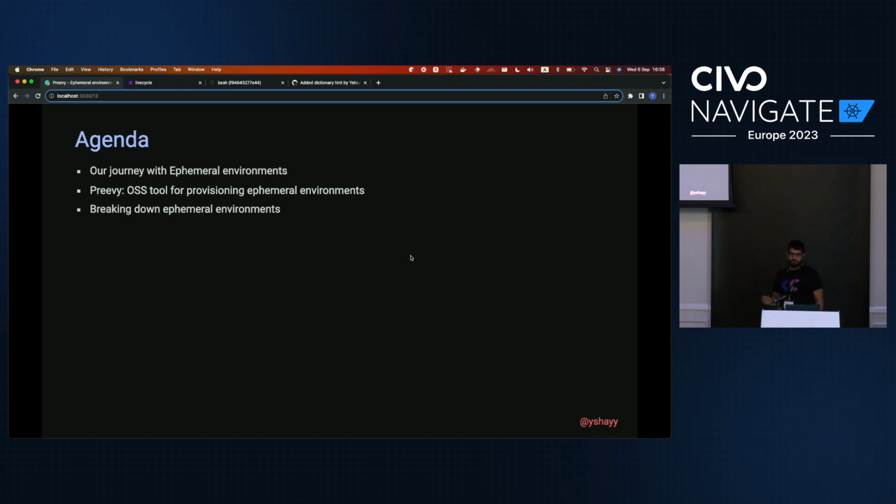So on the agenda today, I'm going to talk about ephemeral environment, about our open source tool called Privy that is designed to enable provisioning ephemeral environment to use this process. And I'm going to break down the components of